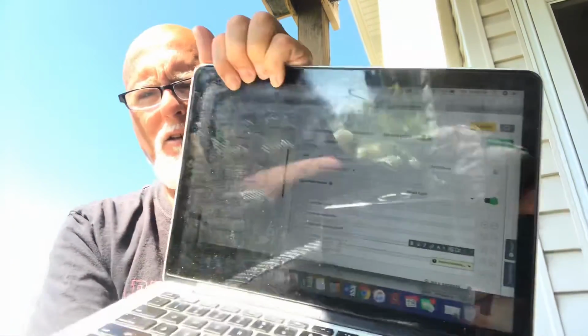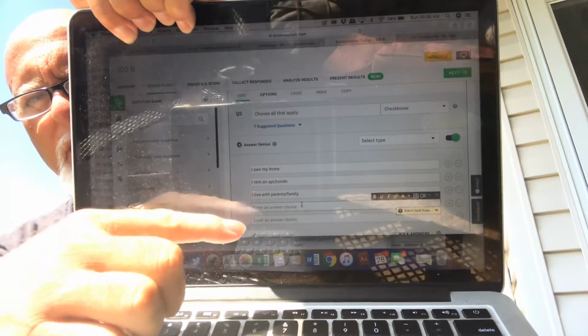What did I put in a suggestion? Oh, I live with parents, family. I can do that though. Parents / family. And then every time I add another one, see what I'm typing there, a new blank pops up. So you can just keep going. Notice I typed it on a certain theme about who you live with, but I can write, let's see, I rent a house. Next one, I rent an apartment / condo. Next one